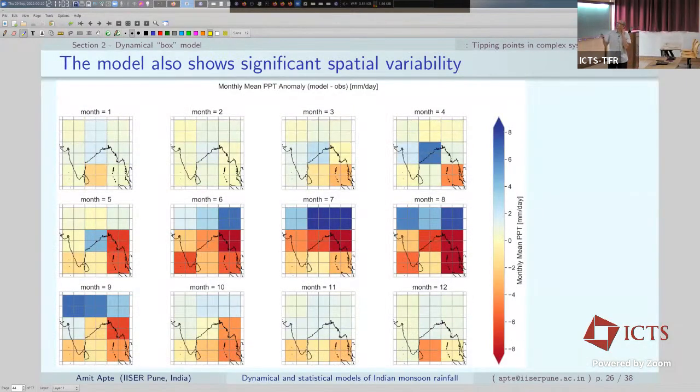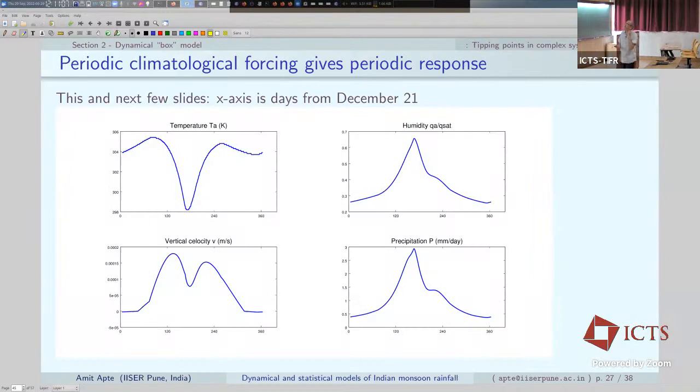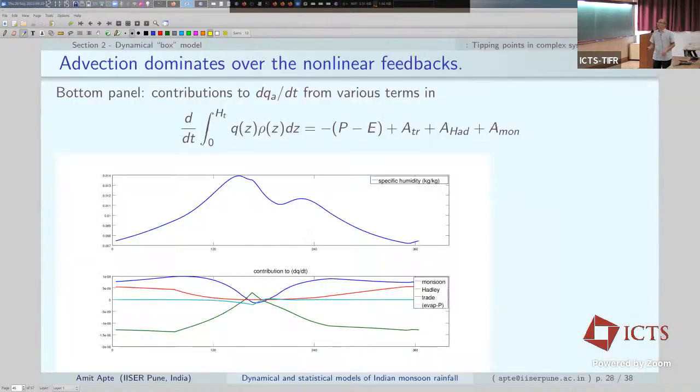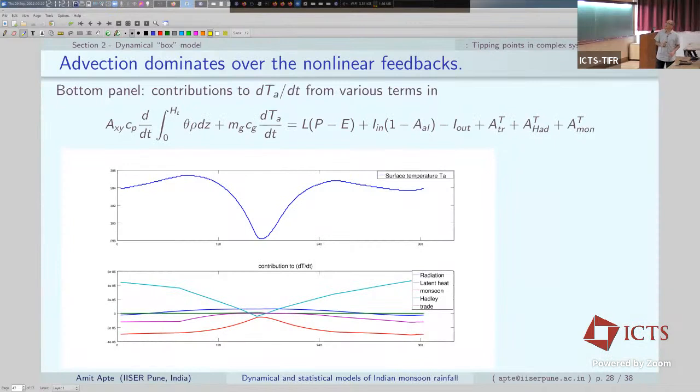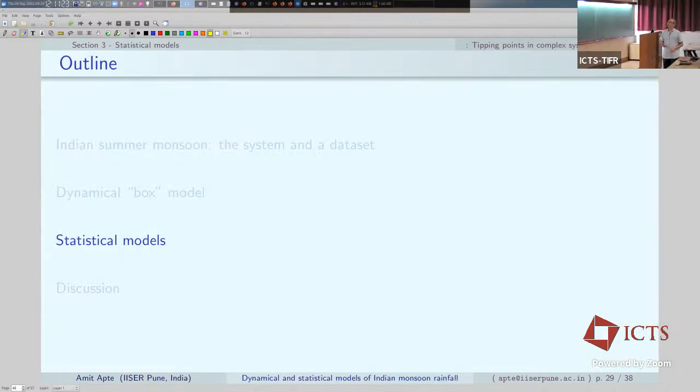Okay, I'll skip this. It's just showing that over different regions, it's quite different behavior, and we try to understand the processes behind it. I'll skip this part, which goes into details of what processes may be contributing and what may not be, relating individual outputs of the model to the equations that go into it. Because maybe I will spend a little bit of time on statistical models now.